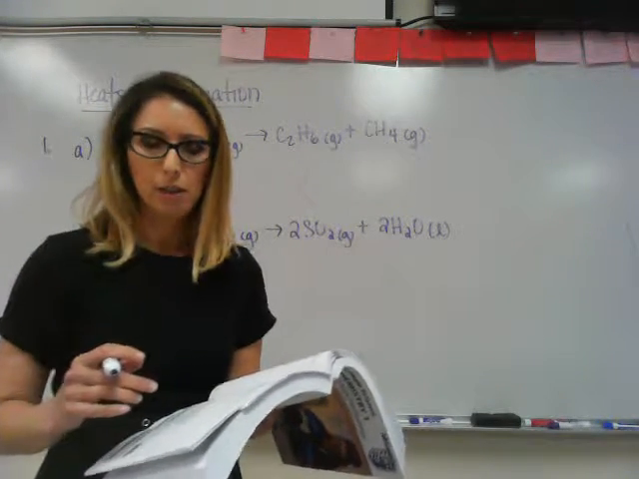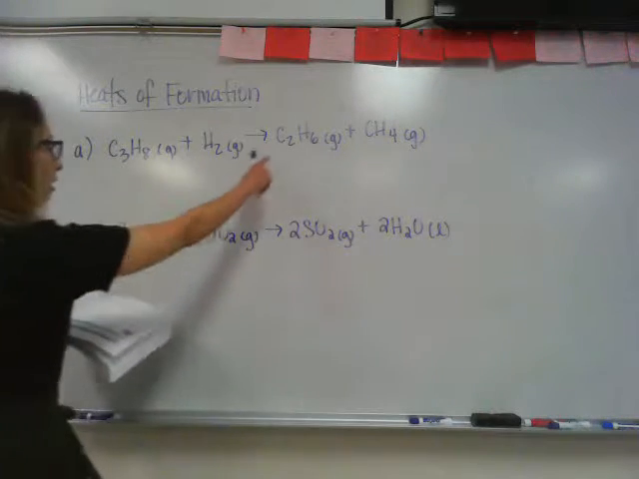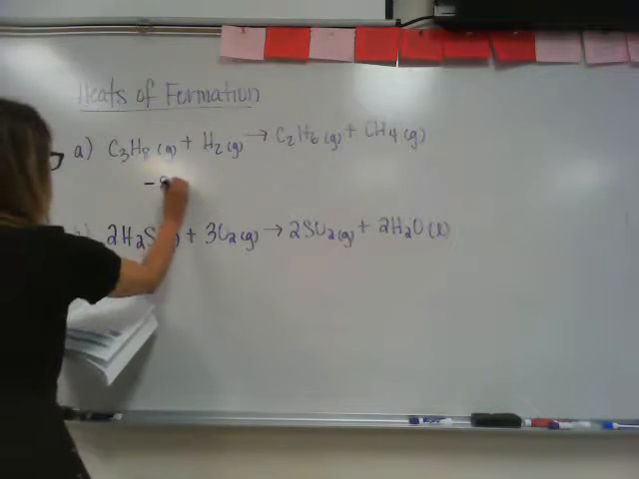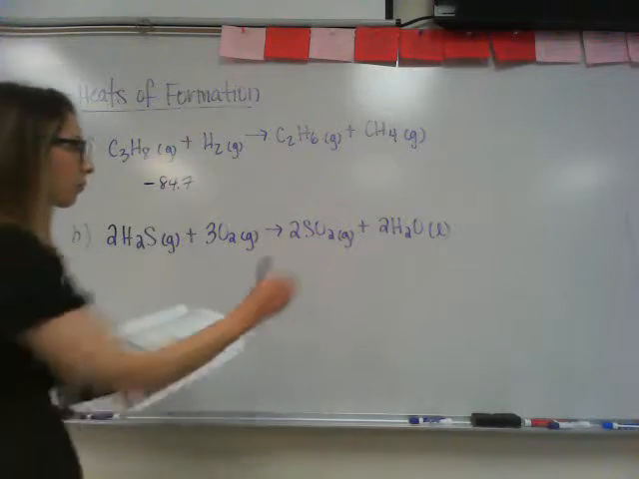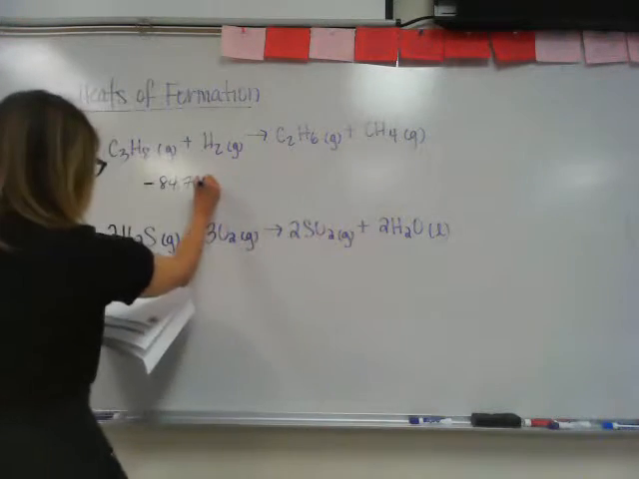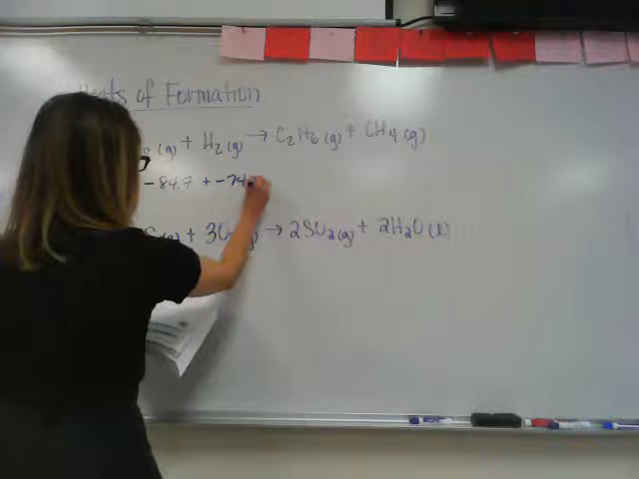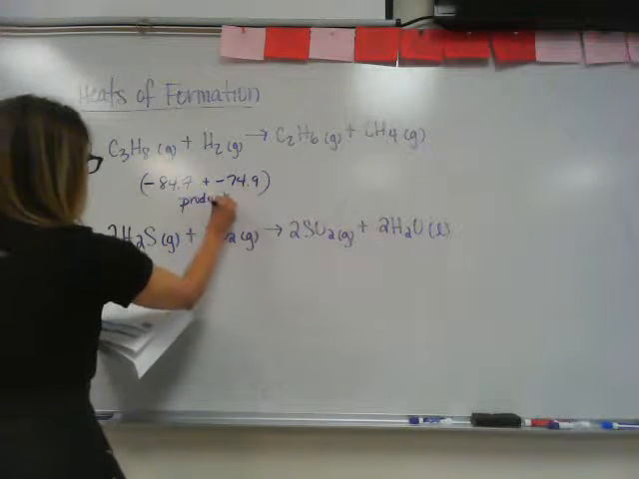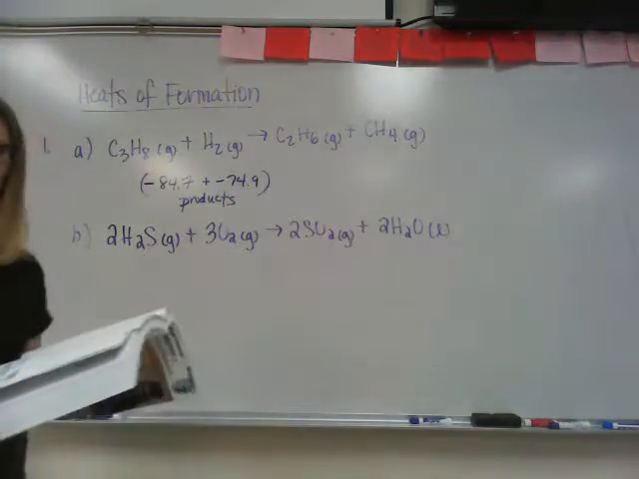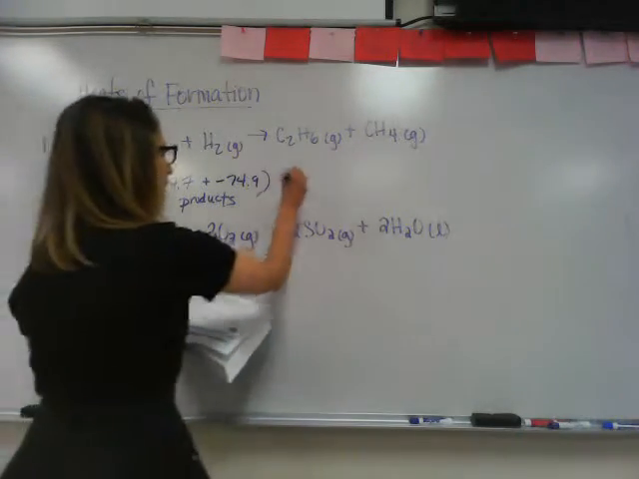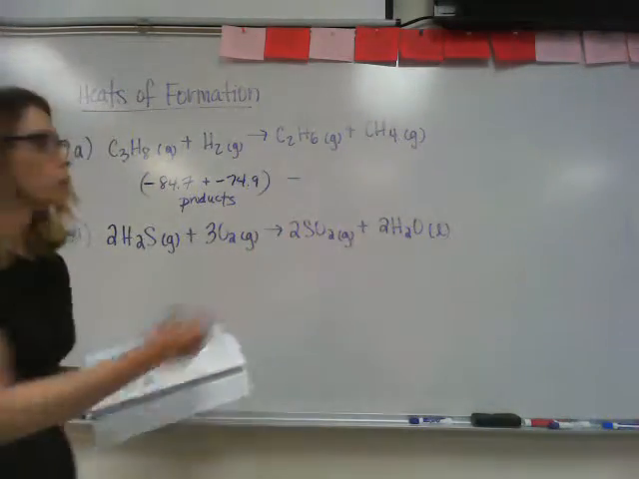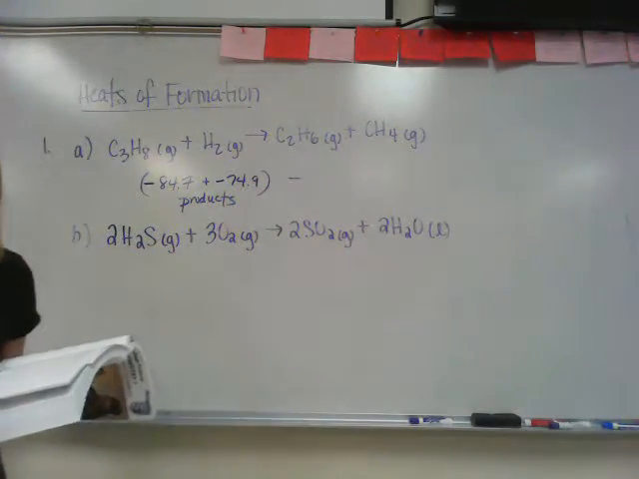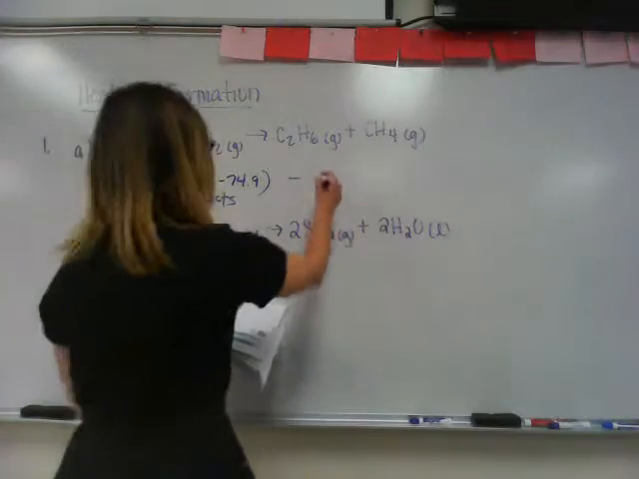the reactants. So if you look here, C2H6 in the table is negative 84.7. CH4 is negative 74.9. So that's the sum of the heats of formation of the products. If we had coefficients other than 1, then we would multiply these individually by the coefficient. Okay? You're going to subtract